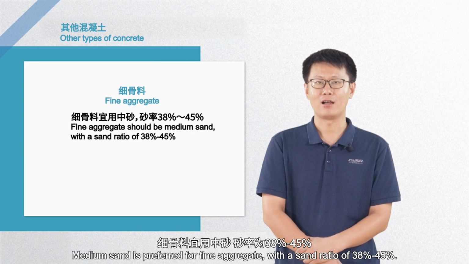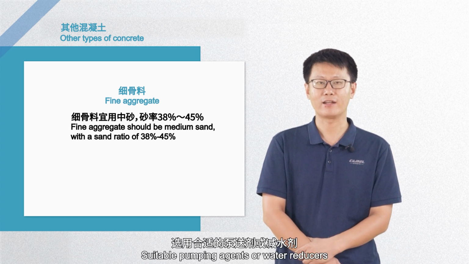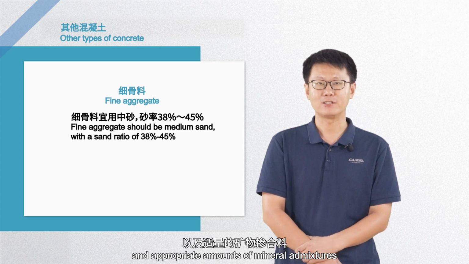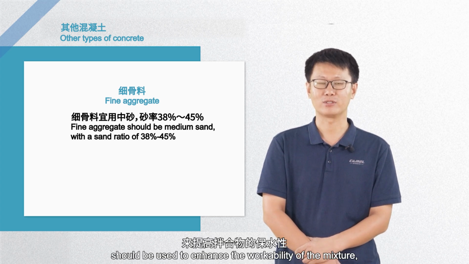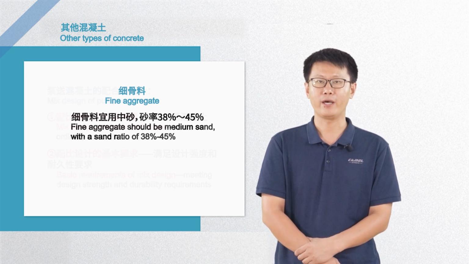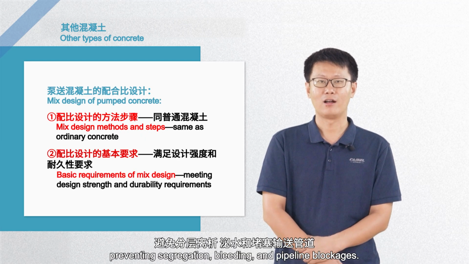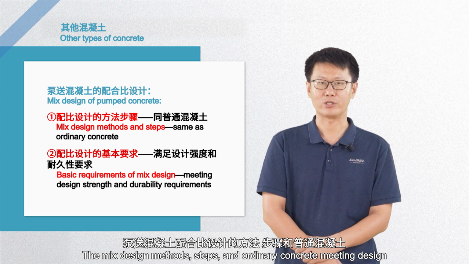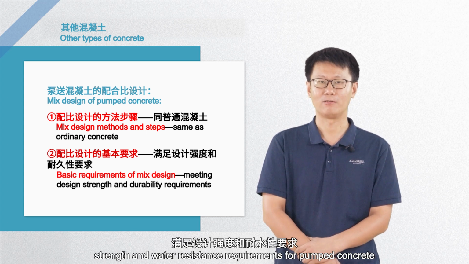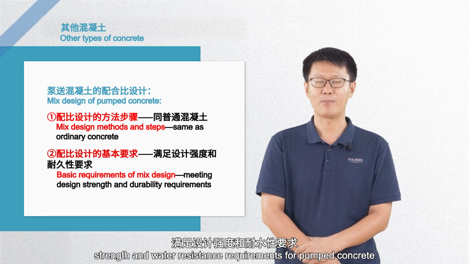Medium sand is preferred for fine aggregate, with a sand ratio of 38% to 45%. Suitable pumping agents or water reducers and appropriate amounts of mineral admixtures should be used to enhance the workability of the mixture, preventing segregation, bleeding, and pipeline blockages. The mix design methods and steps are the same as for ordinary concrete, and the mix must meet design, strength, and water resistance requirements, and